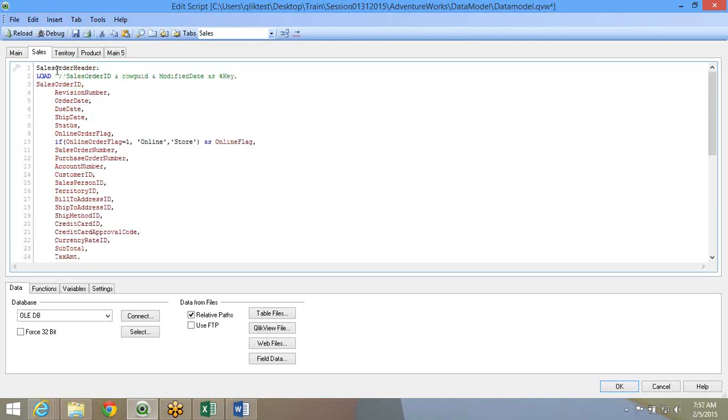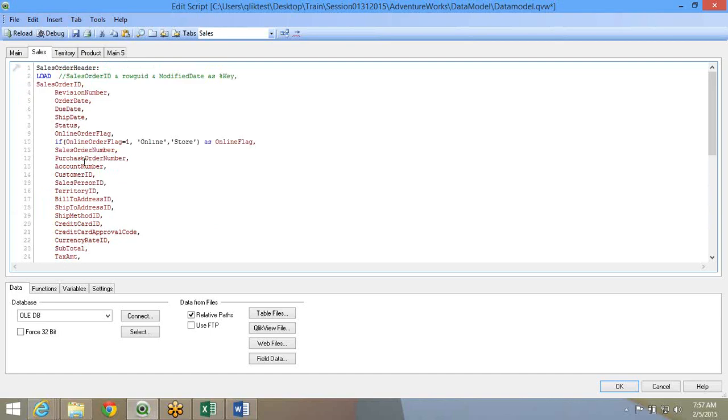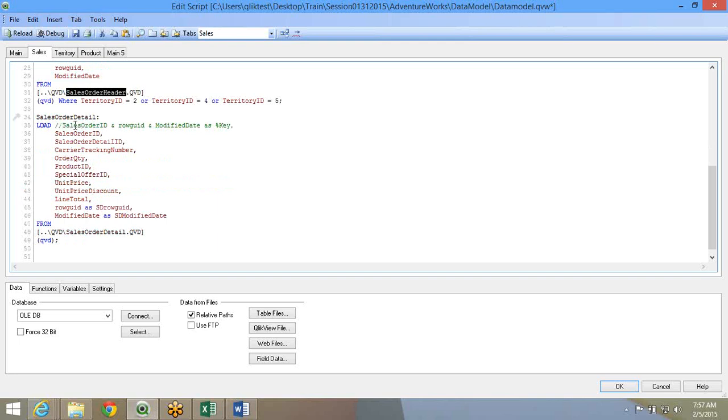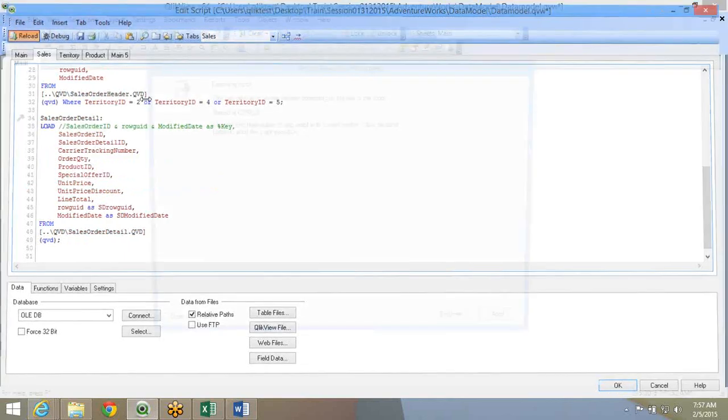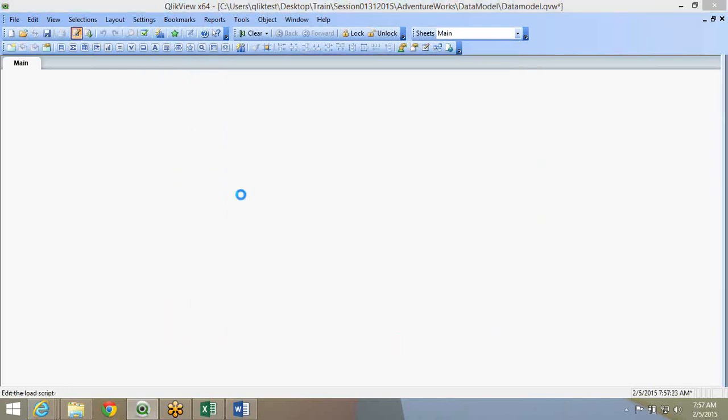And if you look at the overall thing, you have the sales order header. I'm bringing in 3 territory IDs. When we loaded territory 2, you saw only 300 records came in from sales order header. And you have to bring the sales order detail records matching those 300 records, right? But it doesn't happen. Though my records are 7,000, my sales order detail records are intact. It's still getting the full records, 1 to 1. And then sales territory, because I've just put 1 clause, it is coming 1. All the others, the data is not filtered completely. It is just filtering one table.